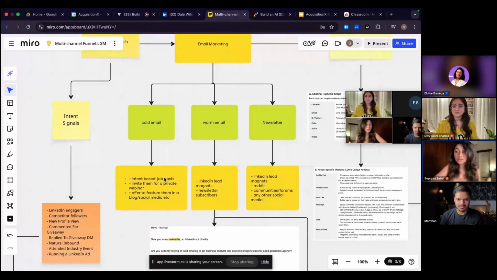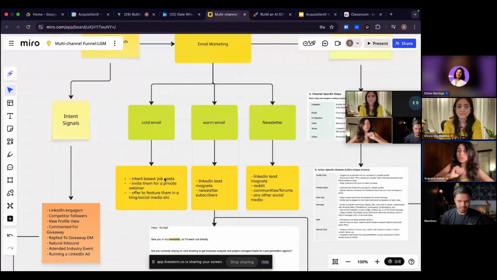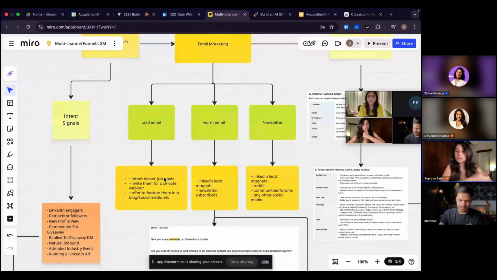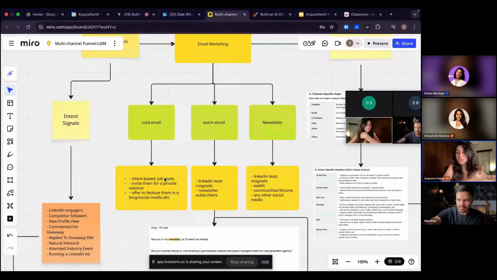Job posts, again, work really great. You can just go through LinkedIn and see what kind of companies are looking for your service. What we do is we go for people who have changed their job in the last 3 months, or if someone is constantly putting up hiring posts. So we just target them, right?